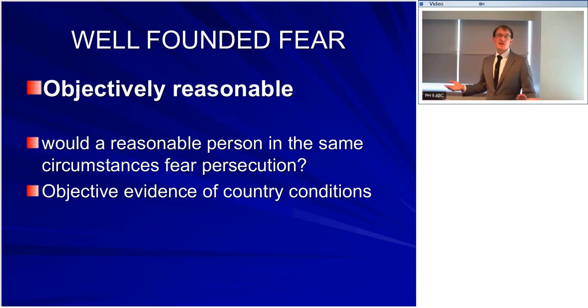But then also, of course, that fear has to be objectively reasonable. It has to be in a particular context so that the fear makes sense. This is a would-a-reasonable-person-in-similar-circumstances-feel-afraid question. And so, a little evidentiary aside, you're looking at what the objective evidence is, what is existing in the country. The classic two components of an asylum application are your applicant's story, what happened to them, how convincingly they can tell the story, and then also the country conditions material. You're going to put together country conditions reports, stuff from the press, stuff from nonprofits, stuff from the UN